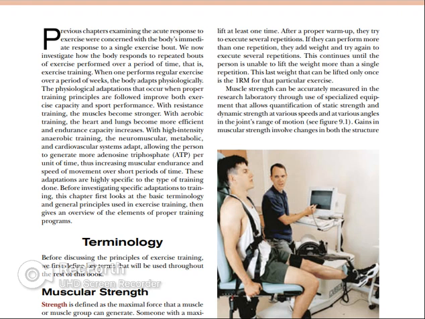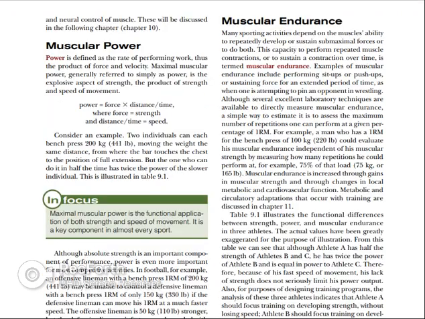Muscle strength can be accurately measured in the research laboratory through use of specialized equipment that allows quantification of static strength and dynamic strength at various speeds and various angles in the joint's range of motion. Gains in muscular strength involve changes in both the structure